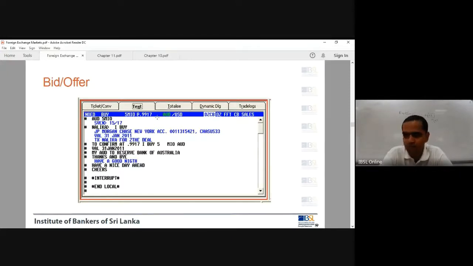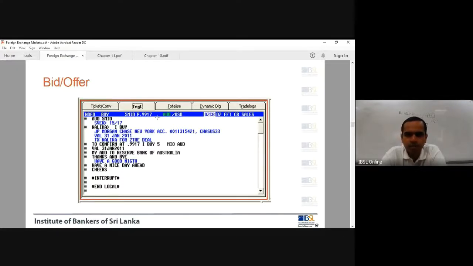The Nalika says, I buy. What on earth is she buying? She's buying Australian dollars, right? She asked for Australian dollars, now she's buying Australian dollars. If she's buying Australian dollars, she'll have to buy at the offer. Remember, Cargills will sell apples. Cargills is a price maker. They will sell apples at the offer. In this case, Sven is the price maker. He will sell, let's say this is also apples, he will sell apples at the offer at 17. Right? So instead of apples, he is selling Australian dollars. He will sell Australian dollars at 17. So Nalika has bought at the higher price at 17.